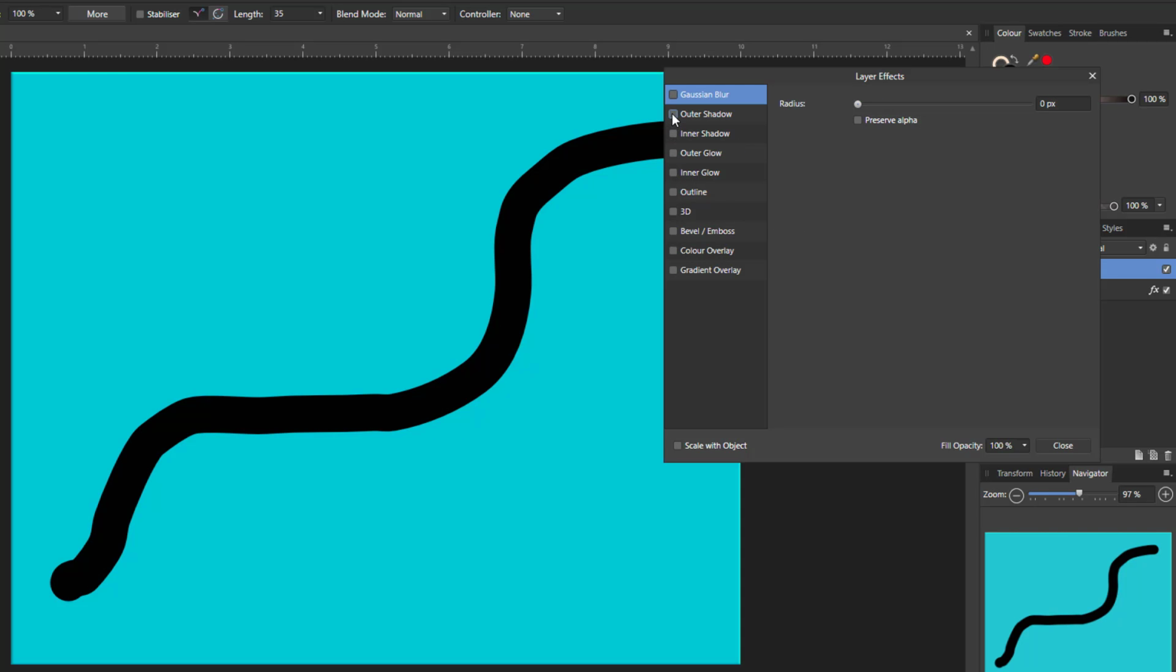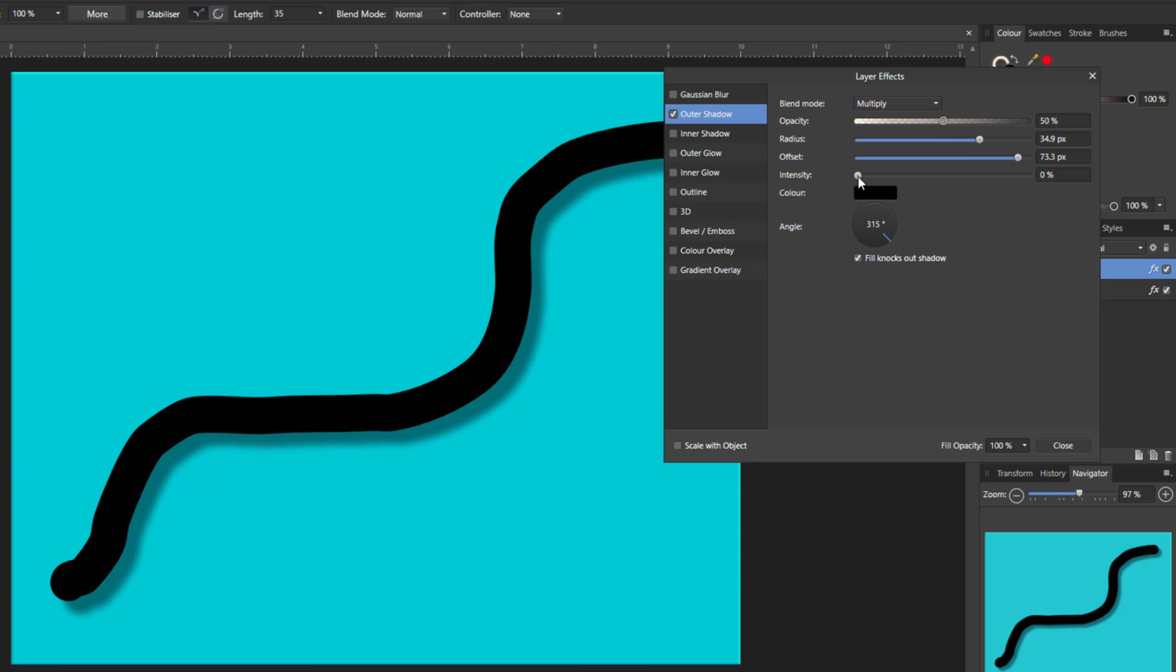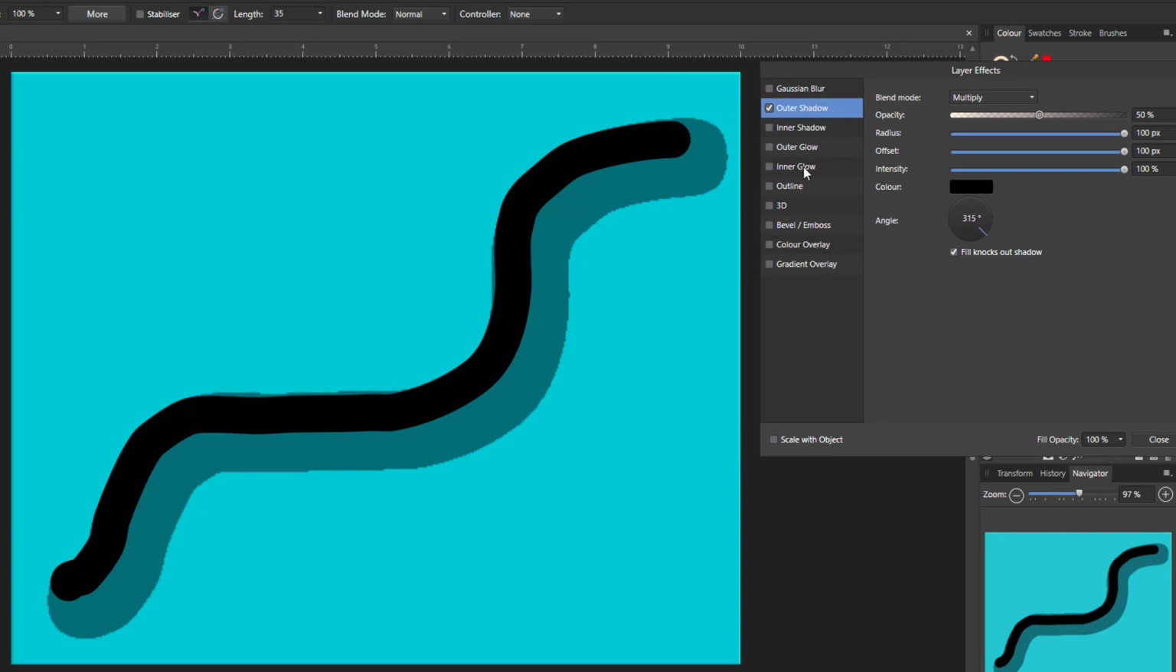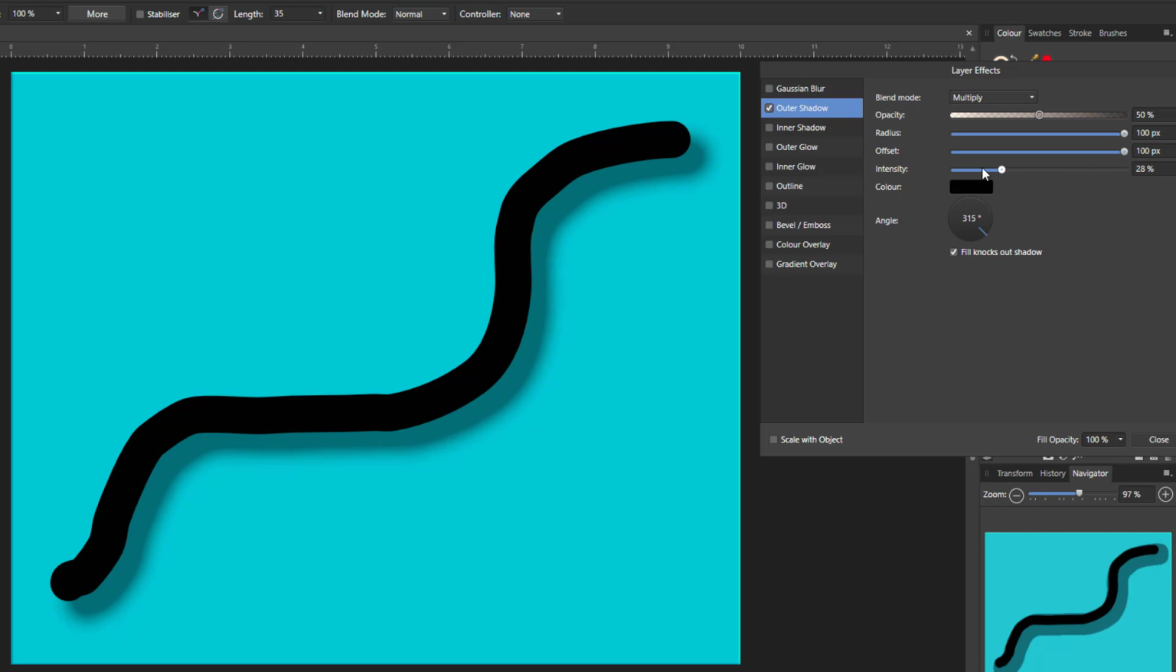Outer shadow, I'll put a tick into that, and remember you need to then tick on the name to get the options for that particular effect. You can change the blend modes and the opacity. Now what I'm going to do here is push all of these right the way up, as far as they go from the get-go. So as you can see, we have this outer shadow here. So the intensity is just